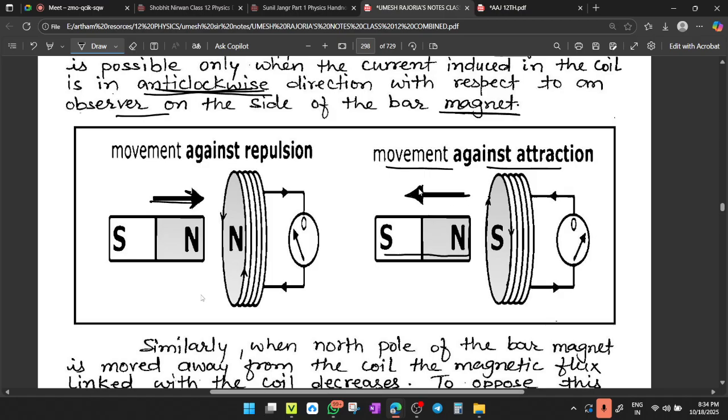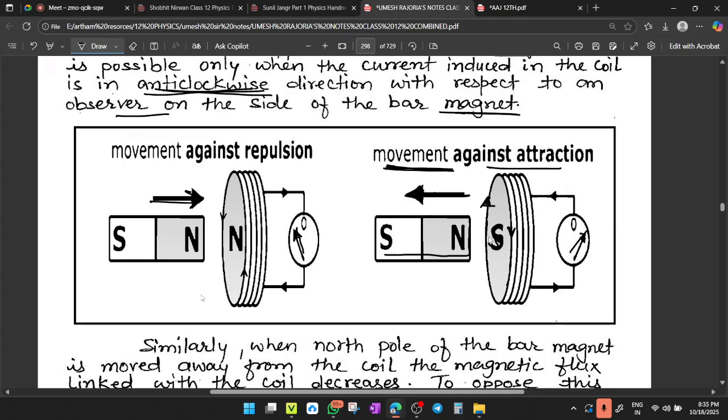Now, if the magnet is moving away from the coil, the direction of current should be such that it produces a pole that opposes this motion. So if the north pole is going outward, far away from the coil, there is a need for development of a south pole, so the current is clockwise. Understood? And as the current is clockwise, the direction of deflection